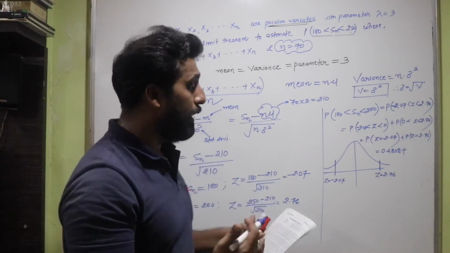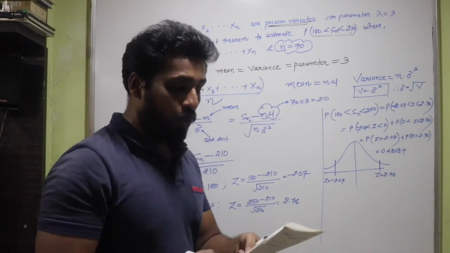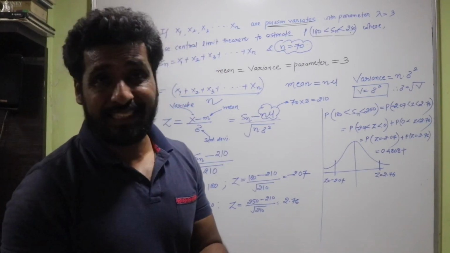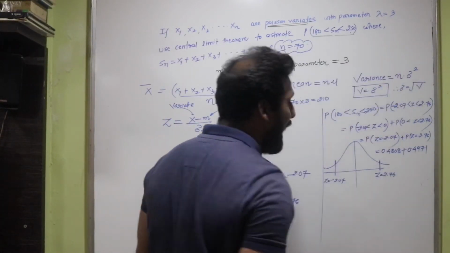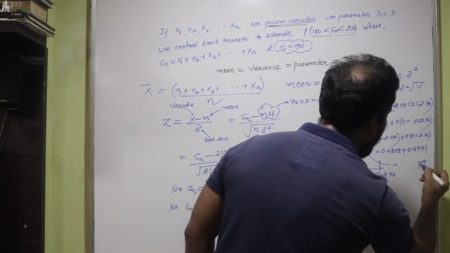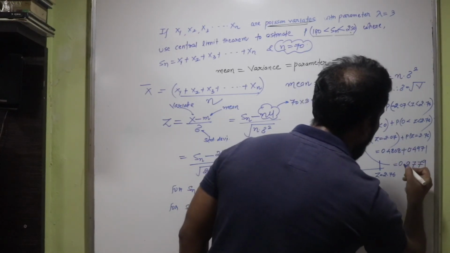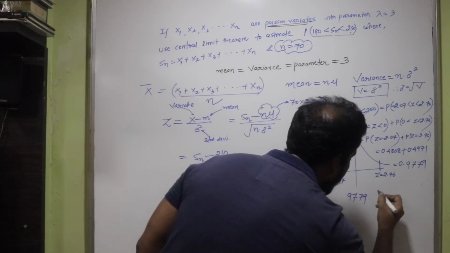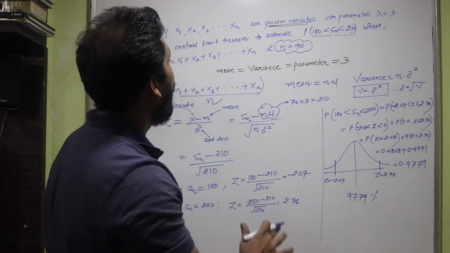You should be having the table of area under the standard normal curve. Without this table you won't know how these values are obtained. And for 2.76, the value is 0.4971. So when you add these values, let's see what you're going to get. So 8 plus 1, that's 9, then 7, then 9 and 8 is 17, so that's 7, carry 1 and 9, so 0.9779, or I can say 97.79% is the probability for the given question.